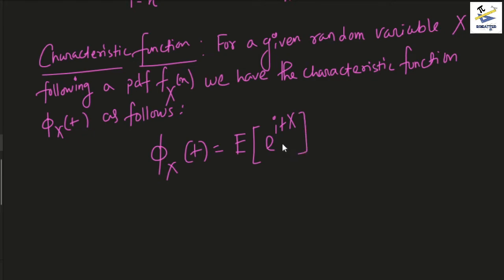It is basically a complex function, and it is given by the expectation of e to the power itx. So this gives you the characteristic function, and in integral terms it is defined as